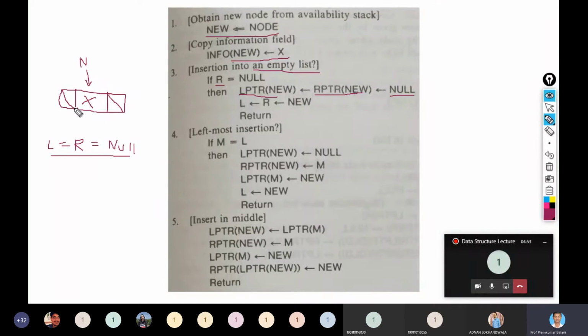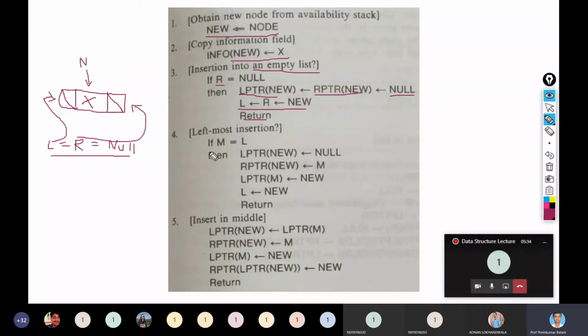So its left pointer and right pointer are not going to point anywhere. Now L equal to R equal to new. So L will be pointing to new, and R also will be pointing to new. Both will be pointing to this new node because it is the first node, and you have to return. So this is the outcome of the node getting inserted into the empty list.